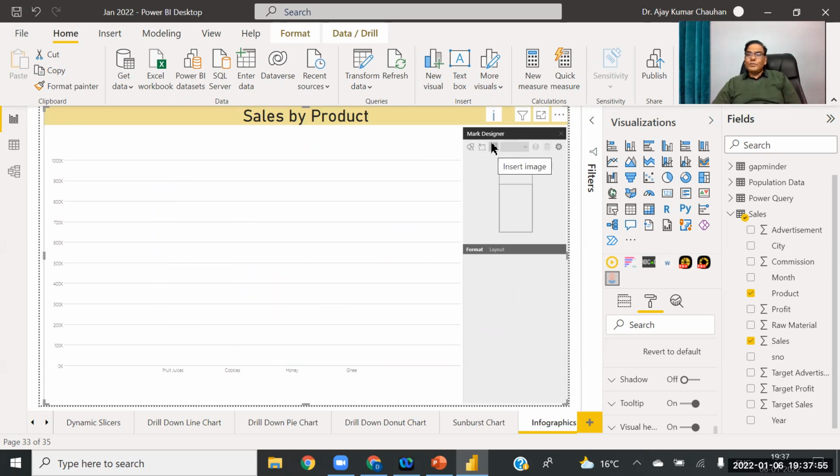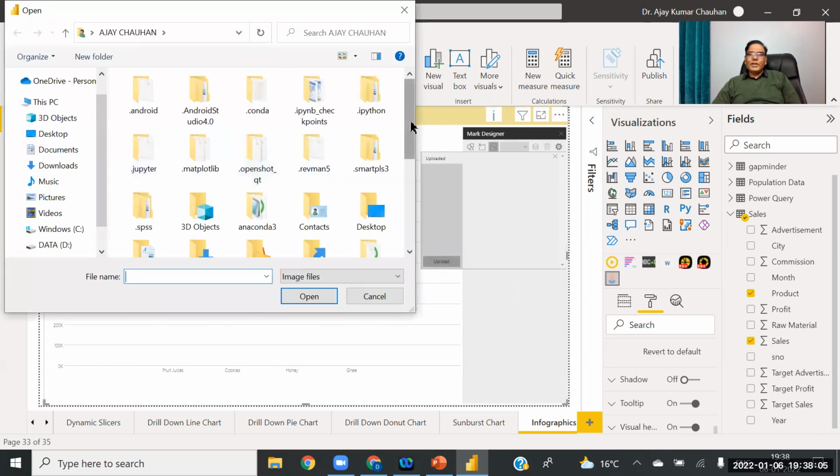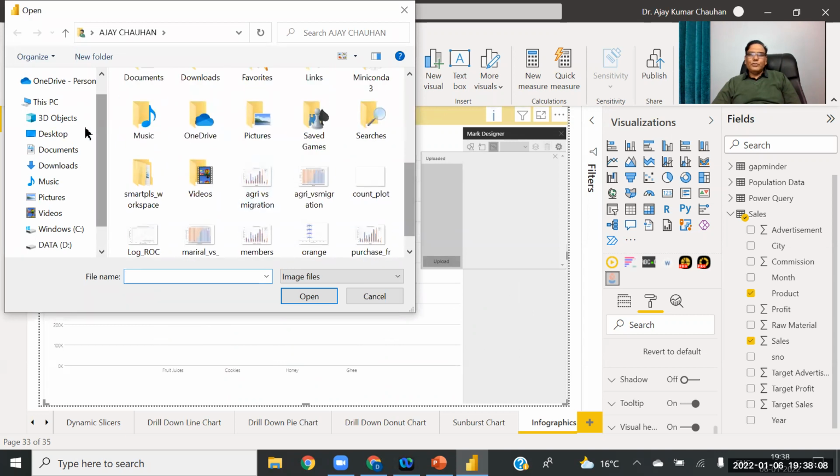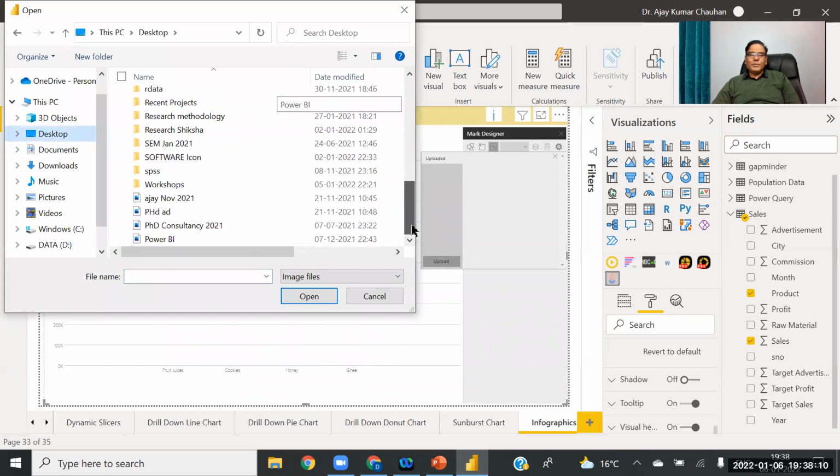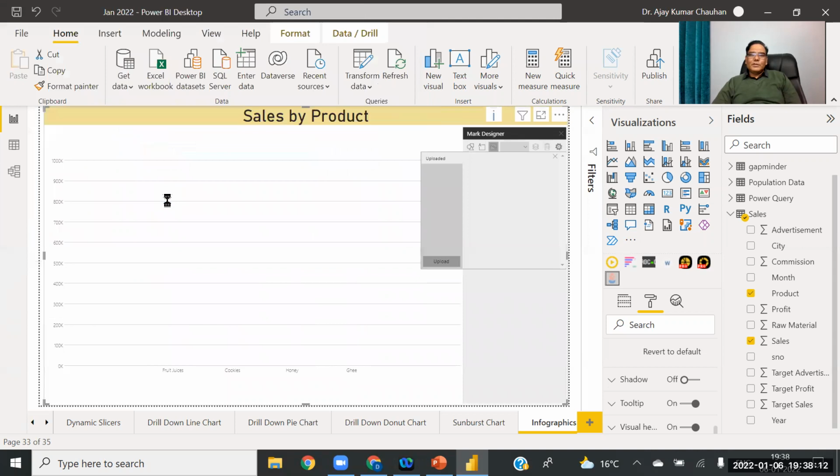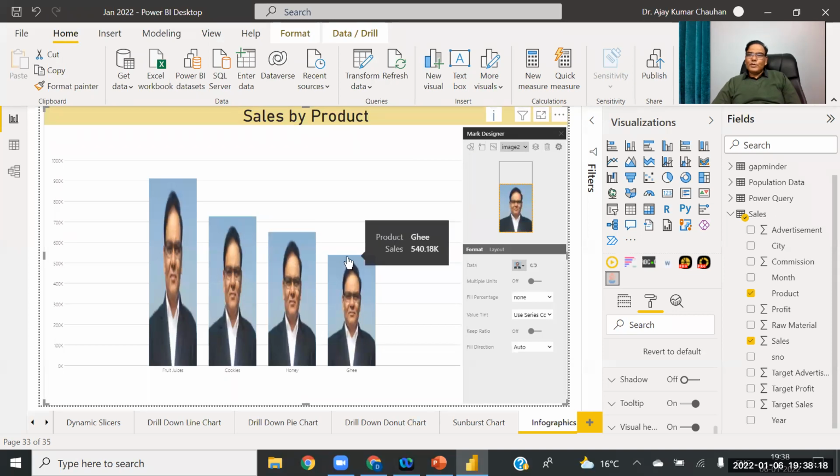Other than this, you can see the option insert image. Go to insert image, upload. You can upload any image which you want to take in the picture. Suppose I insert this. This kind of chart you can make.